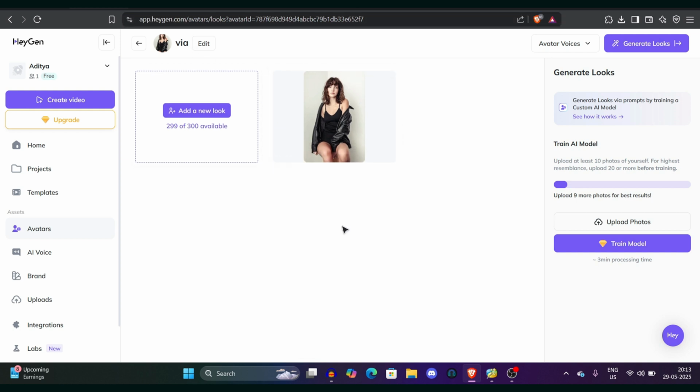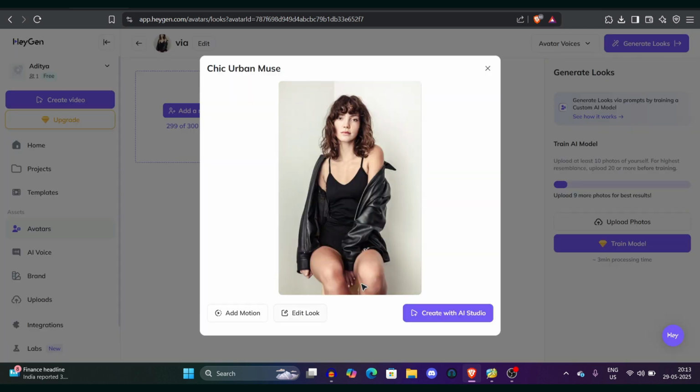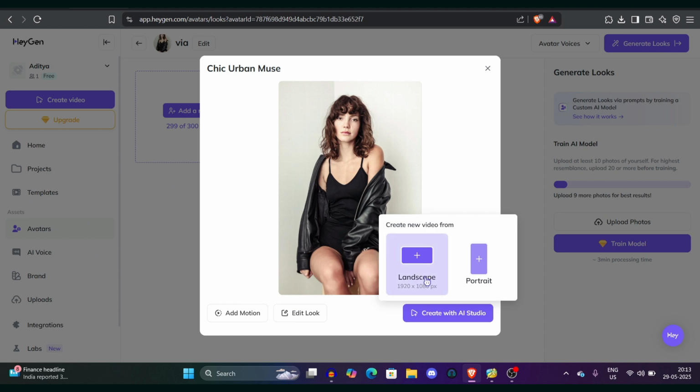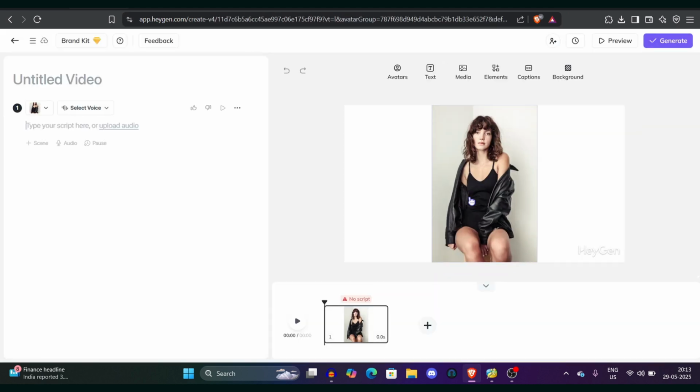So once you have made the photo, you'll be directed to the AI avatar edits. Click on here and you can see now this avatar has been projected. You can use an AI studio video here. You can make her speak any script you want to use. For example, I'll say, hey, this is SkillCurb